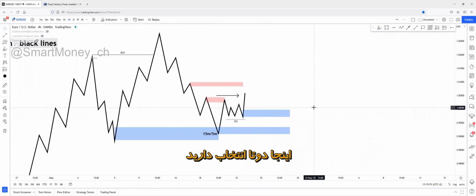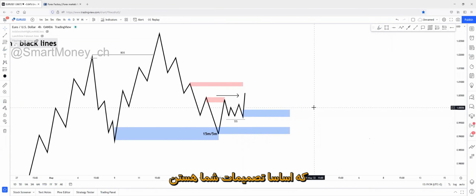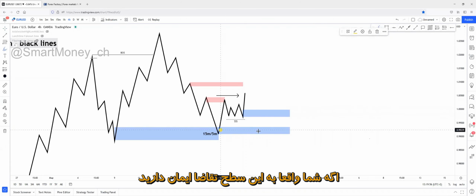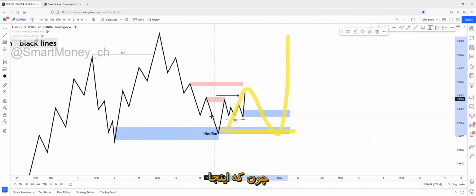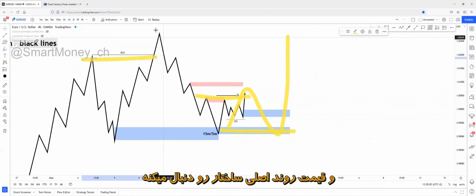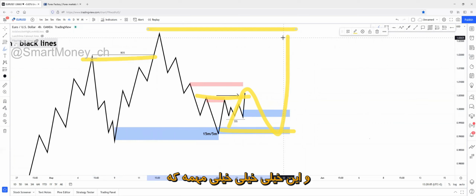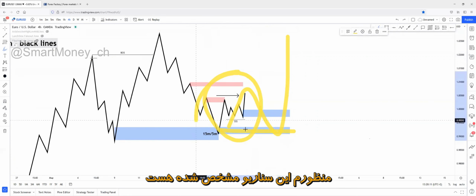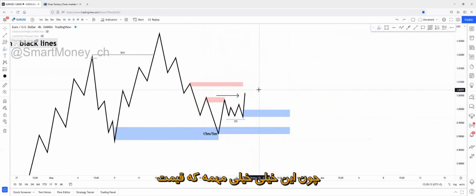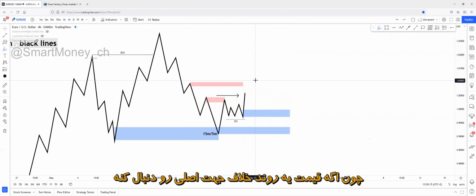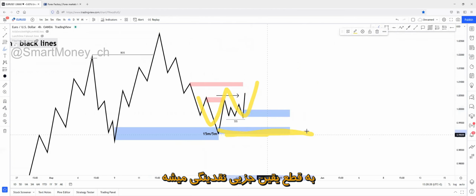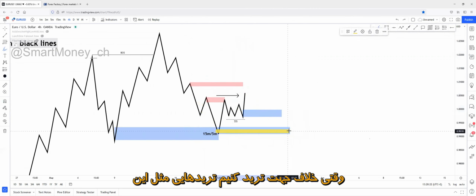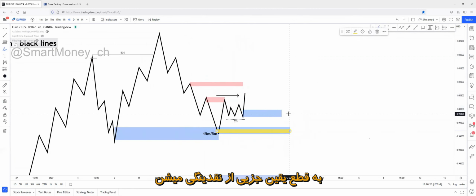You have two choices right here, which basically the choice is yours. If you really trust this demand zone, and if you really trust the trend, really trust that price will continue the upside movement because there was a change of character right here and the price is following the main structure. And this is really, really important that price has to follow the main structure to open anything like this. Because if price is following the counter trend structure, and this would have been a counter trend trade, then this will be swept out for sure. In a counter trend trade, trades like this will be swept out for sure.